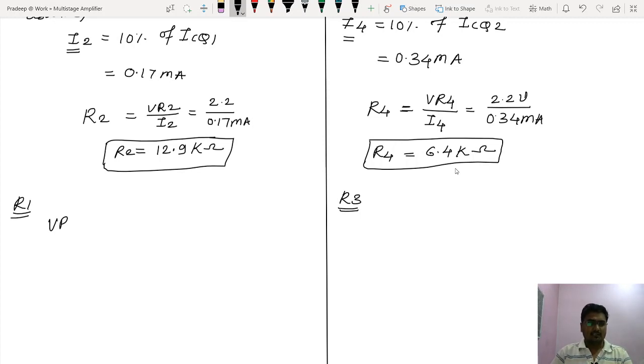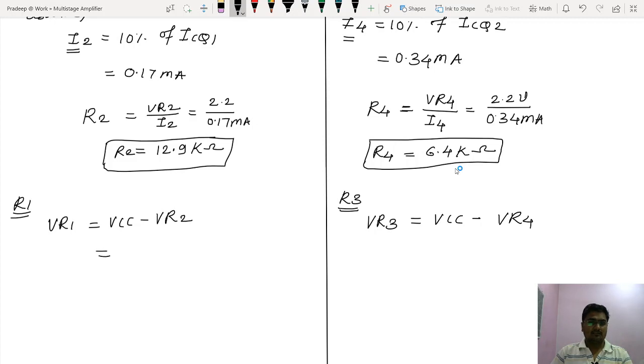Find out the voltage across the resistor and the current flowing through the resistor. Same strategy. So what is the voltage across resistor R1? Obviously it is VCC minus VR2. Why? Because VCC is nothing but the summation of VR1 and VR2. VCC gets divided across these two resistors. Here the same thing I can write for R3, then VR3 is VCC minus the voltage across resistor R4.